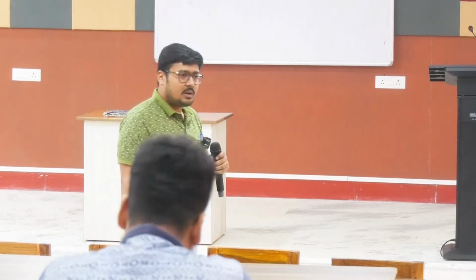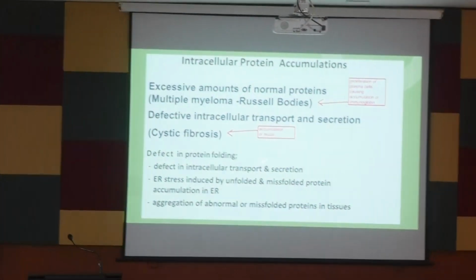So all the diseases which encompass defective cellular metabolism or deficiency of any enzymes are mostly autosomal recessive. Okay, and the diseases of defect in structural proteins are mostly autosomal dominant. So cystic fibrosis is an intracellular accumulation of abnormal protein, and it is an autosomal recessive type of disorder. So defect in protein folding, defect in intracellular transport and secretion,